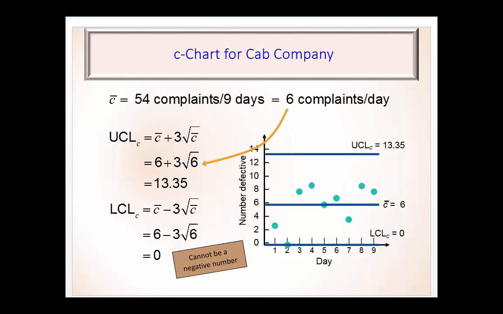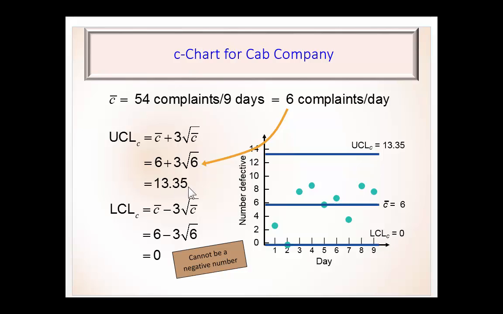So this problem I stole from the textbook. You'll see it is the C chart for a cab company. In 9 days there were 54 complaints, so we had on average 6 complaints per day. So C bar is, of course, 6 plus, we're interested in 3 standard deviations. We always seem to be interested in 3 standard deviations, so we're looking at 99.73%. So we multiply 3 times the square root of C. So we'll just take 3 times the square root of 6, and that will